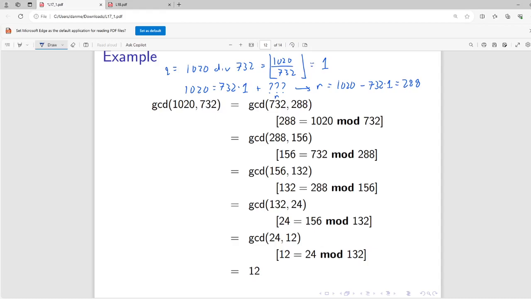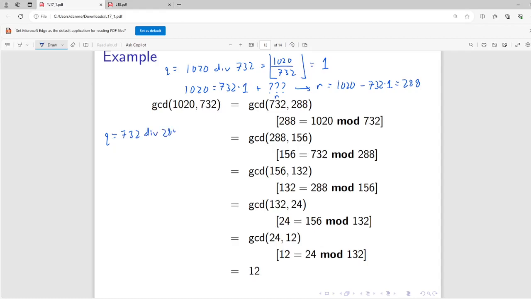Okay? So I've gone ahead and computed that. But those numbers are still kind of big, so let's do this again, right? We'll find the remainder after dividing 732 by 288, okay? So we can do that. So our Q will now be equal to 732 div